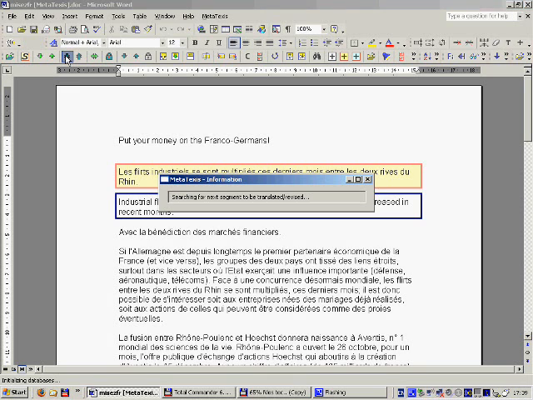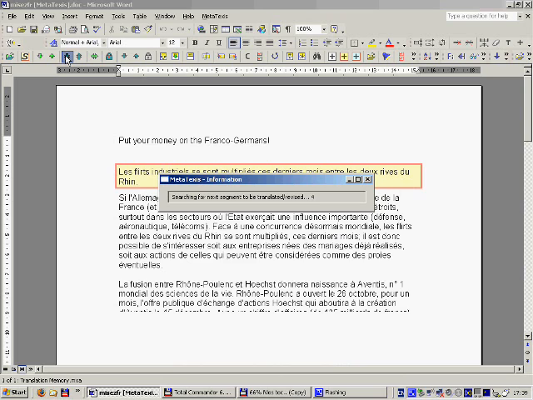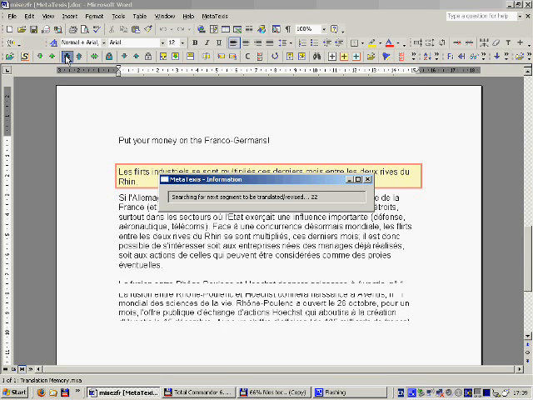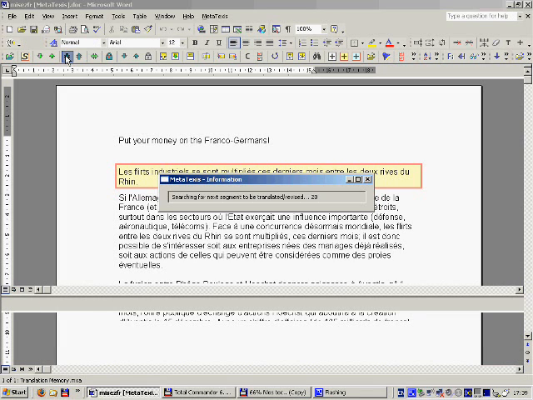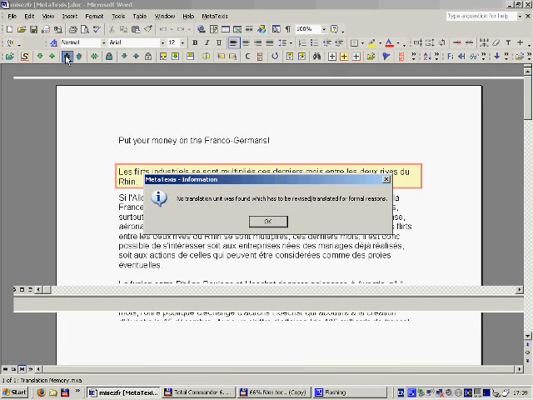So it's just a matter of working through the document segment by segment. If it doesn't find a match, then it simply leaves the target language box empty, and that's where you would type in your translation. And at the end, when you have finished translating the document,